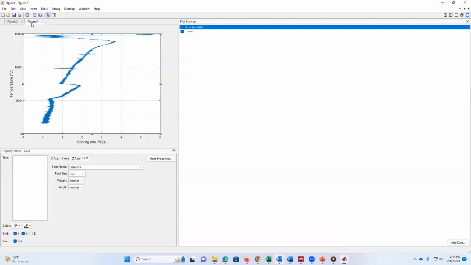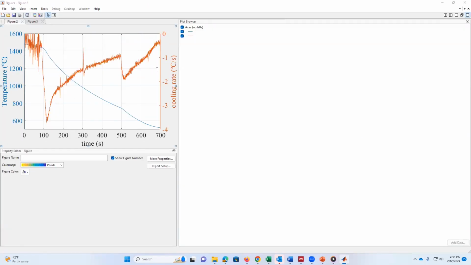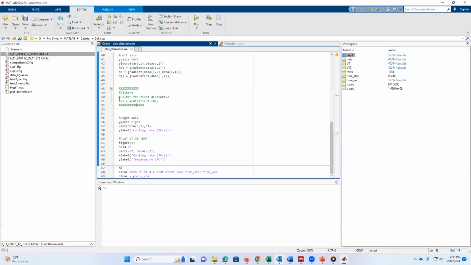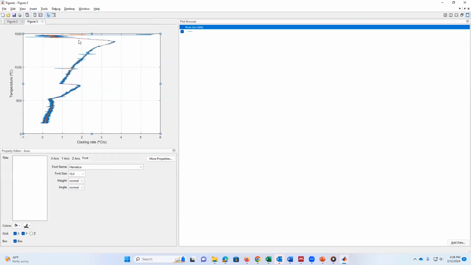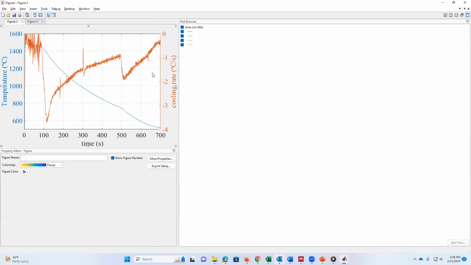But what I noticed here in figure number 2 is that there is a lot of noise. So I can play with the filter a little bit. In this line 51, I can just uncomment this median filter, and it's doing a median filter every 10 data points. So every 10 data points, it's going to use a median filter, selecting the median value in the 10 points around the particular value that is being analyzed. So if I run this section again, you're going to notice that now we have similar data, but